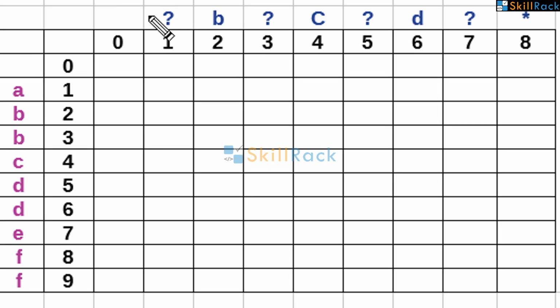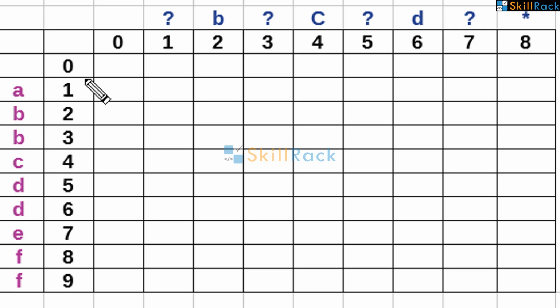So we are having the pattern string as columns and the text string as row values. So I have written it over here. I am not starting from 0, 0, only from index 1. So that is the reason the column also, from index 1 I have written everything. That is the pattern string characters, and row wise the text string characters are written.